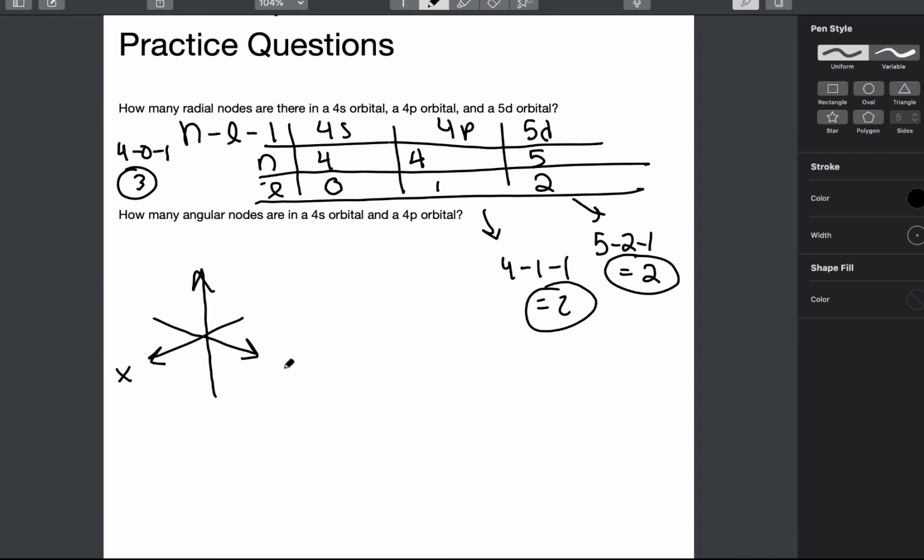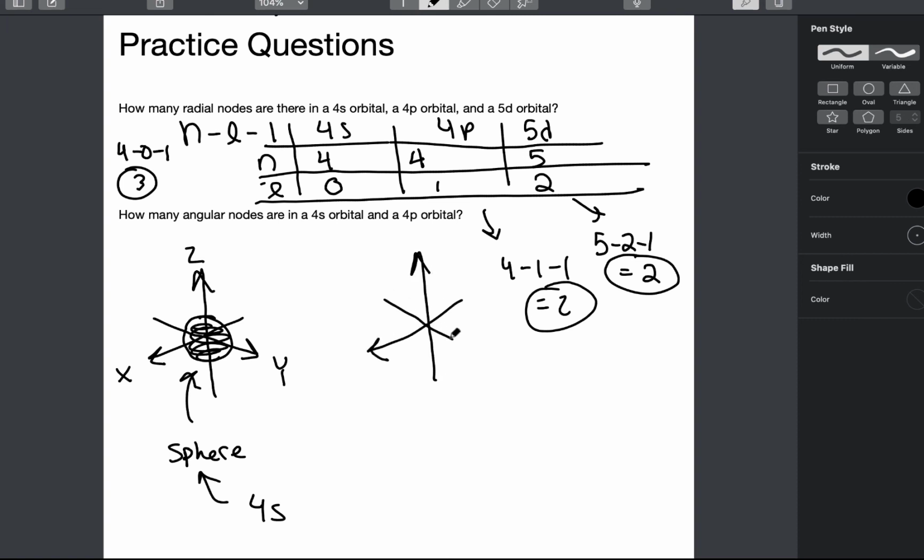So here's the x, y, and z direction, and here's our 4s orbital. So it's like this sphere. So this is a sphere, and it's the 4s orbital. And now let's draw the 4p orbital. So I'm just going to choose an arbitrary p orbital. So I'll just use the pz orbital. So x, y, z, and then we have our pz orbital. Okay, all right, so here's our 4p orbital, and here's our